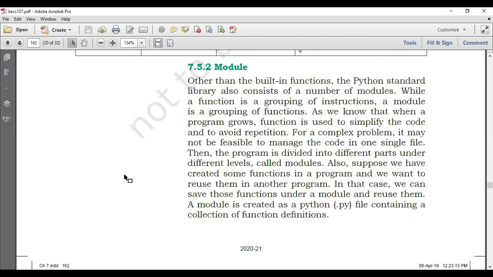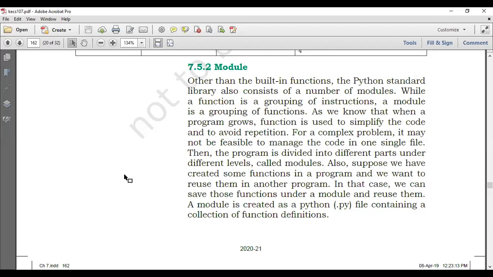Basically, up till now you were taking a certain group of codes and giving one name to it as a function. For example, function area, and there were certain statements to it, and you were indirectly naming those statements as area, correct? But now let's say I have many functions with me.